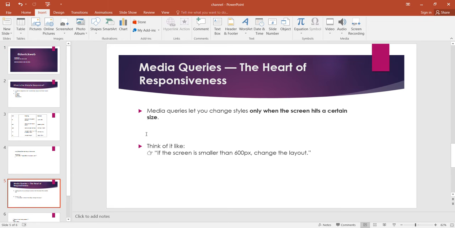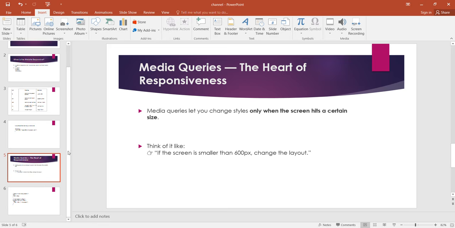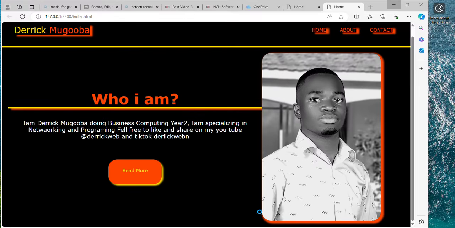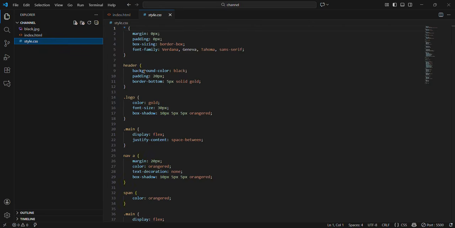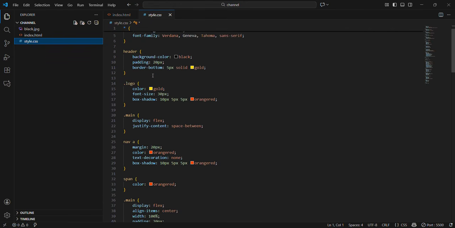Though, as we continue, I'm going to explain media queries. This is regarded as the heart of responsiveness, and it queries when the screen is below the required pixels. The site changes accordingly. So without wasting time, let me jump into the code and see how we can use @media queries. Our site is already showing responsiveness because in our CSS we were using percentages and REM